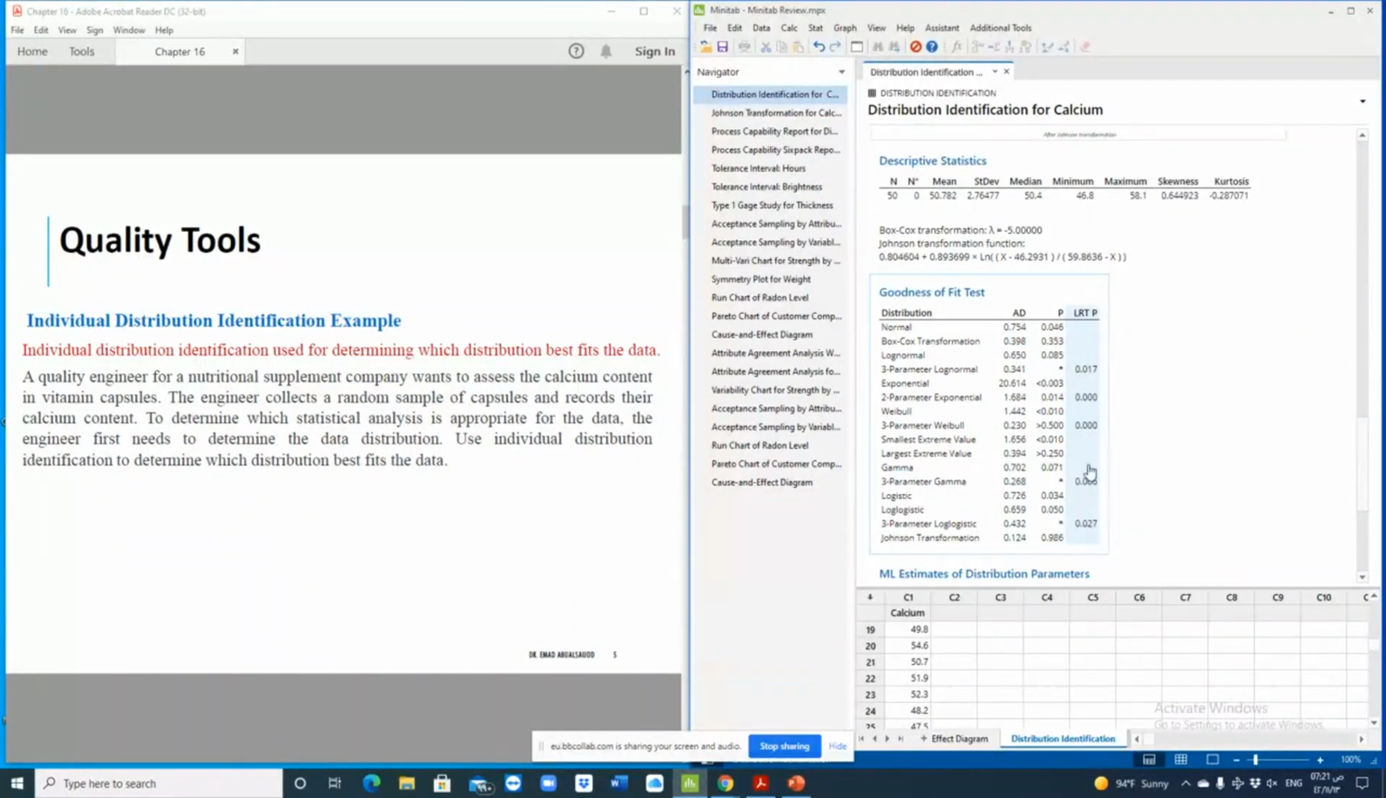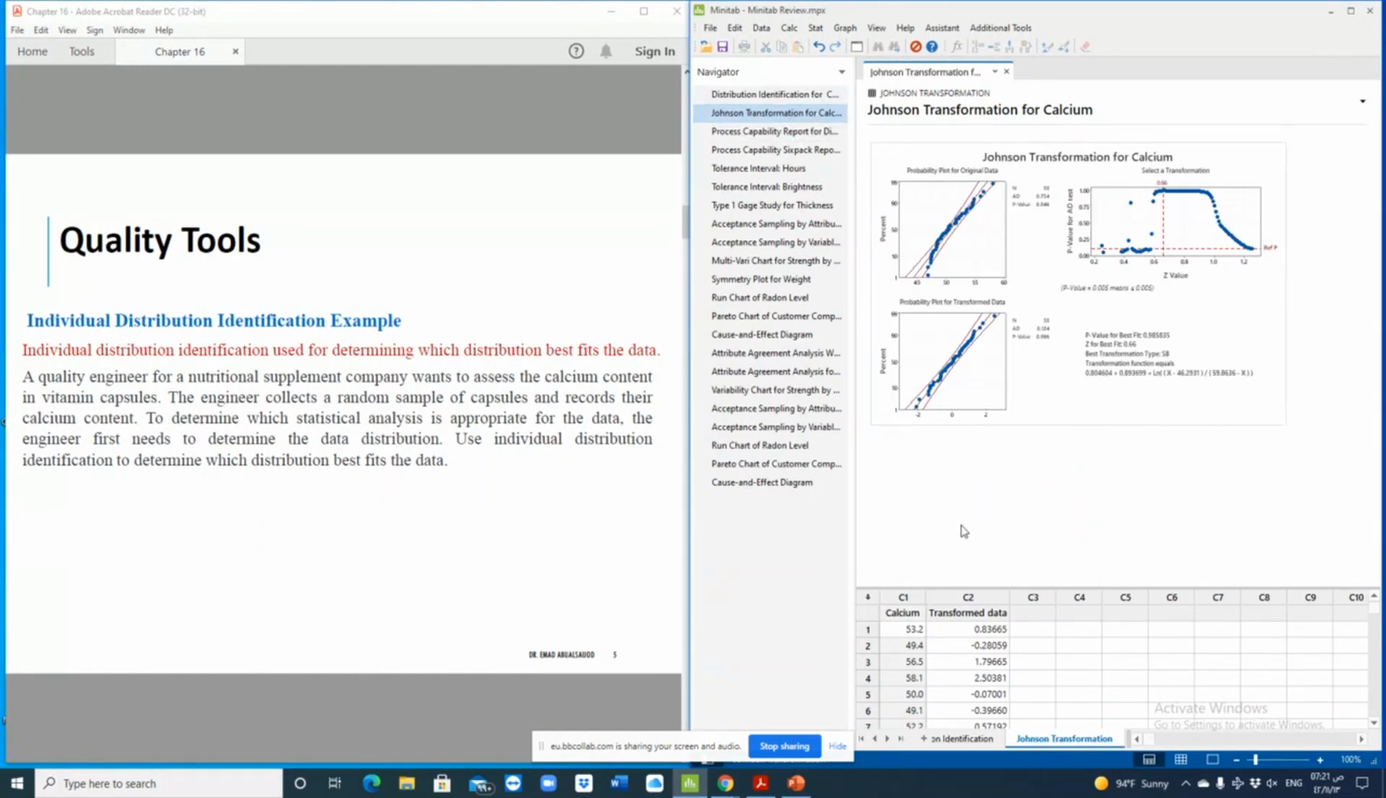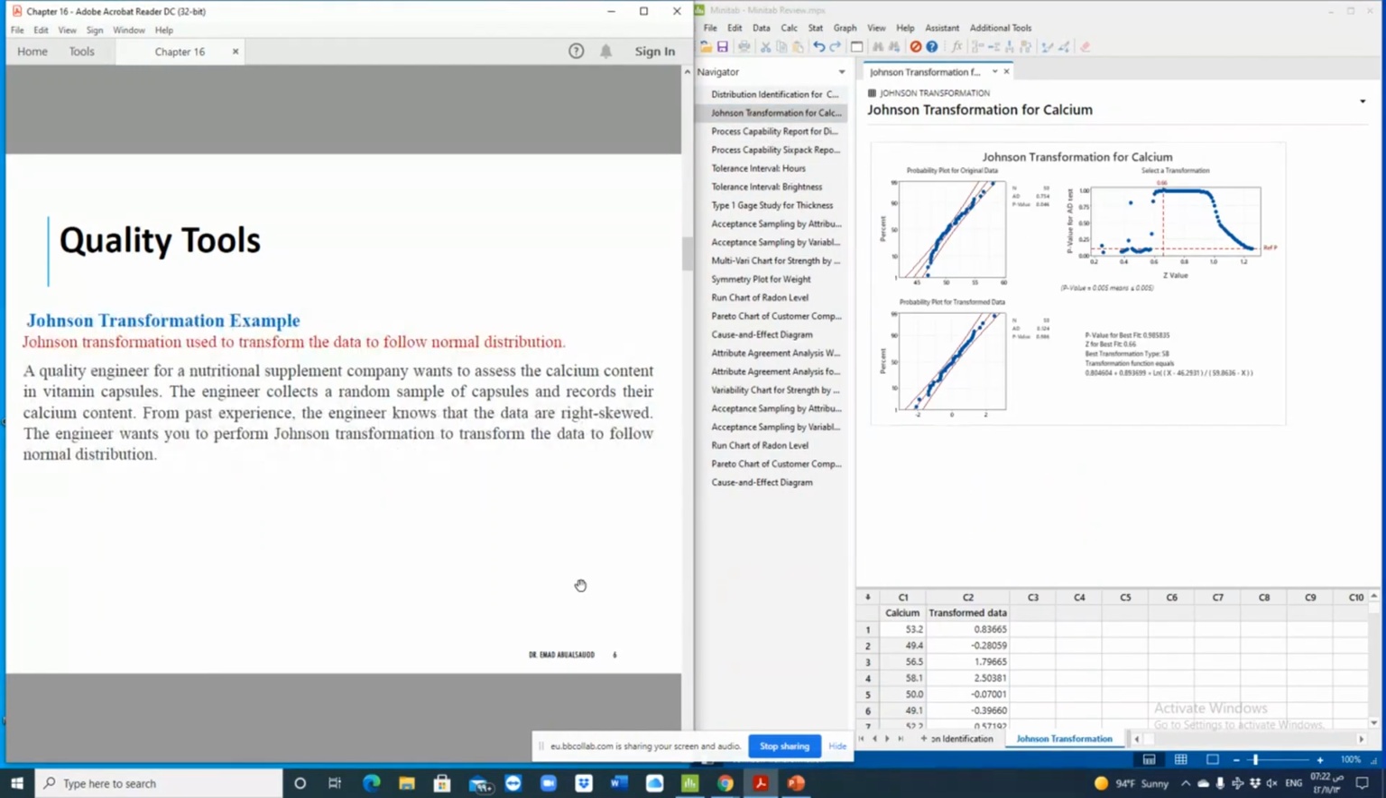Now we learned about the distribution identification. We will use the same data here. So when we go to the next tool, which is the Johnson transformation, you will use the same data. You can go back, pause, and copy those values from here. And let's move on to the Johnson transformation and see how we can use that tool to transform that